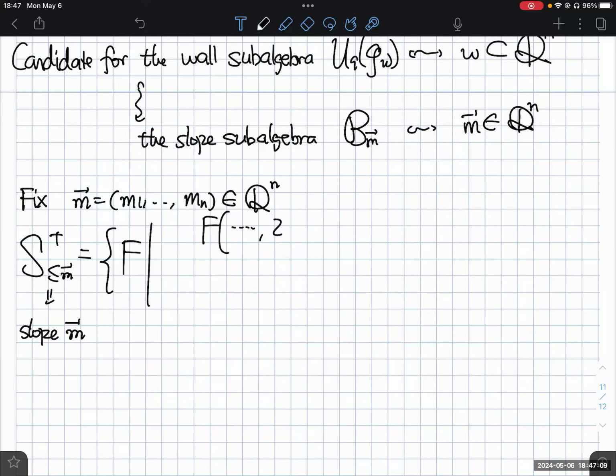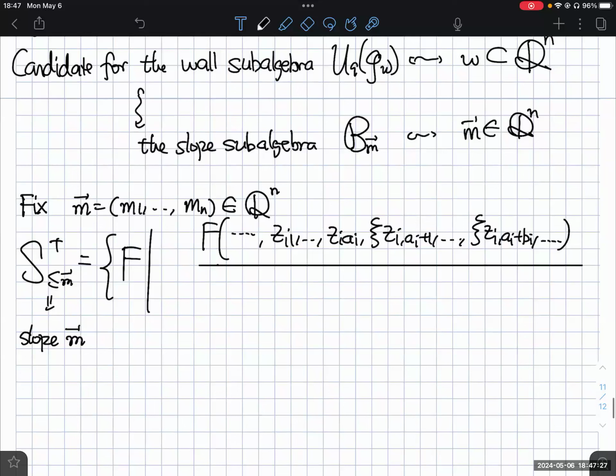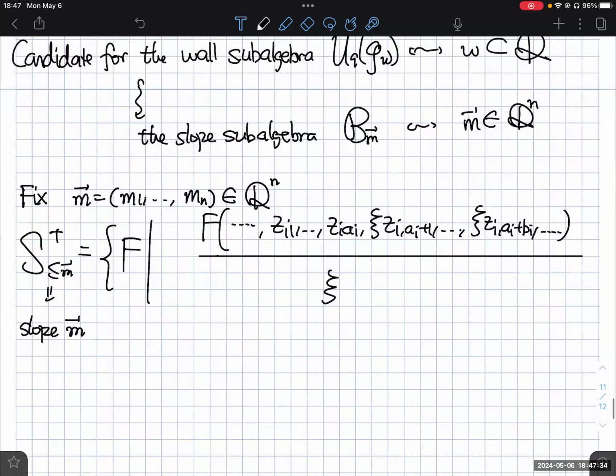For example, in this notation, we take the scaling of the variables from a_i plus 1 to a_i plus b_i, in the color i, to go to chi, and we divide it by the Berlin vector,